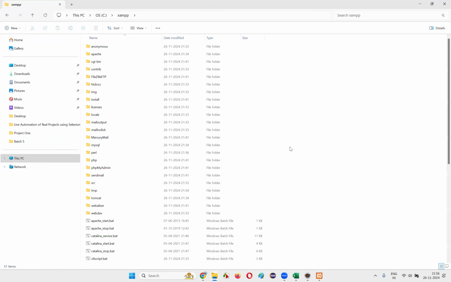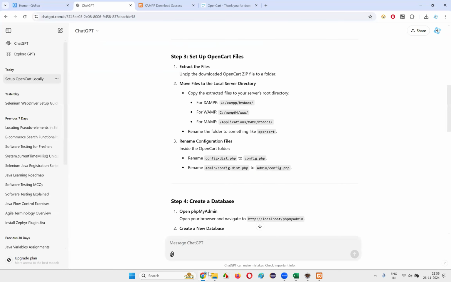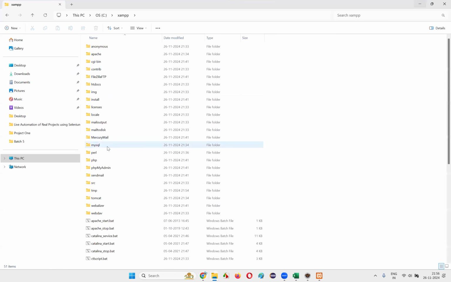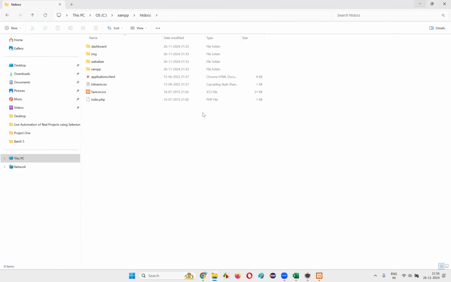Okay, so open this folder, guys. The XAMPP server folder, and in that we have to go to the htdocs location. Expand that folder: C drive, XAMPP, and htdocs. Okay, here is the htdocs, and once we go there, they are saying that we need to copy these